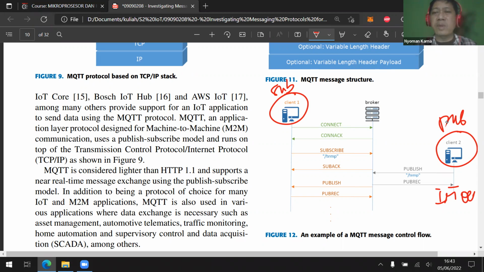And then the broker will have the list of whoever subscribed to that data. Okay, who's the one who subscribed to data called temperature? Oh, client 1, or maybe client 2, or maybe client 3, or maybe client 4. So there will be a lot of data subscribers. So it's just like a newspaper. We have Kompas, we have Tribun, and we also have Pikiran Rakyat.